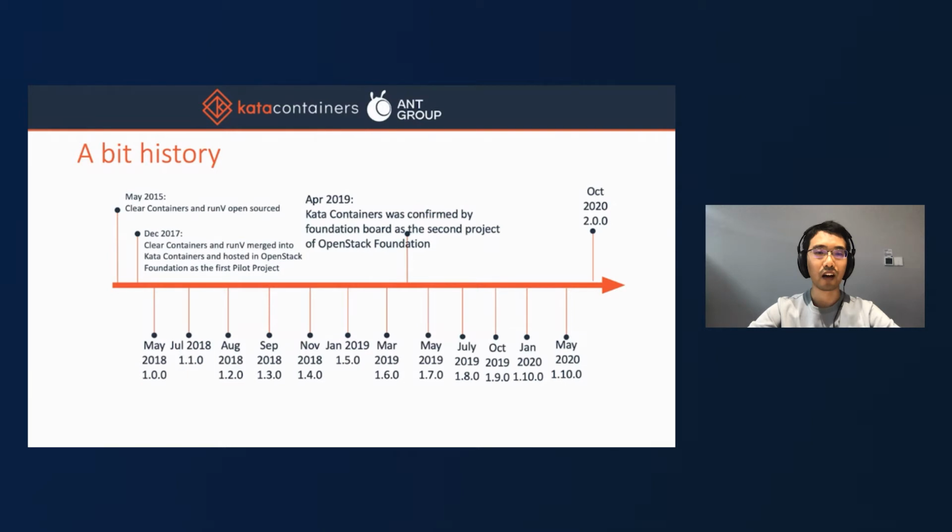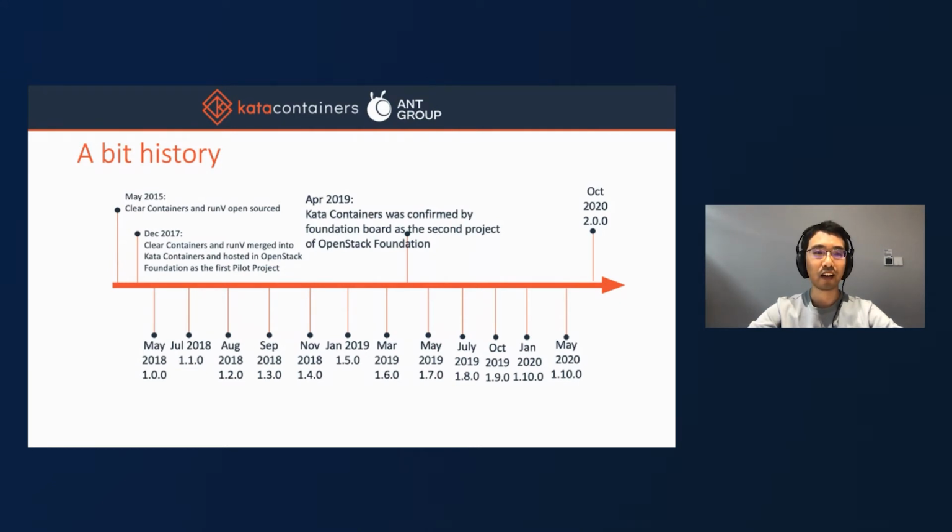So we were the first pilot project of the OpenStack Foundation, and one and a half years later, in April 2019, Kata Containers was confirmed by the OpenStack Foundation board as the second project of the OpenStack Foundation. And the first project of the OpenStack Foundation is the OpenStack project. So at that time, OpenStack had only 2 projects: the OpenStack project and the Kata Containers project. And